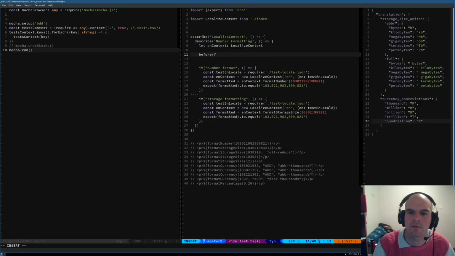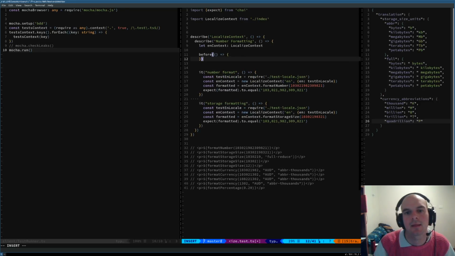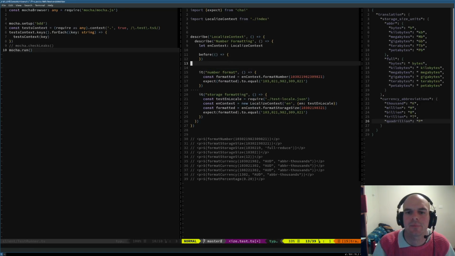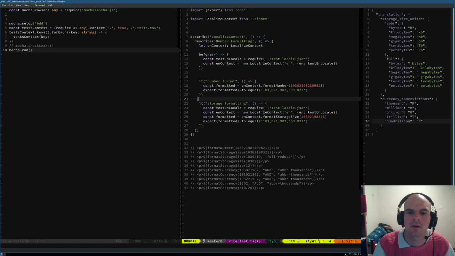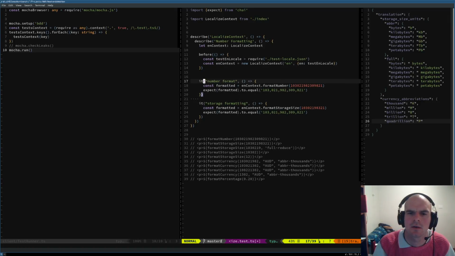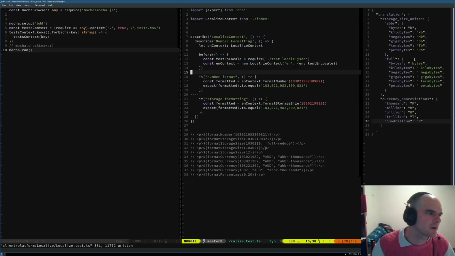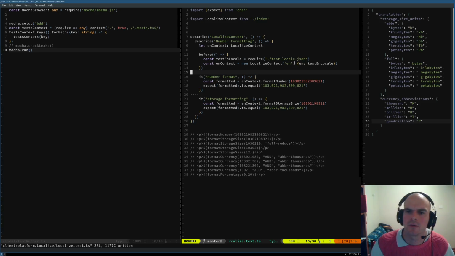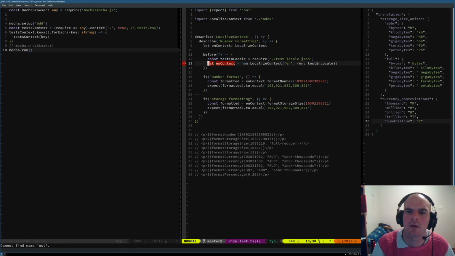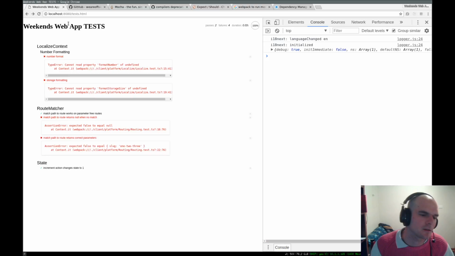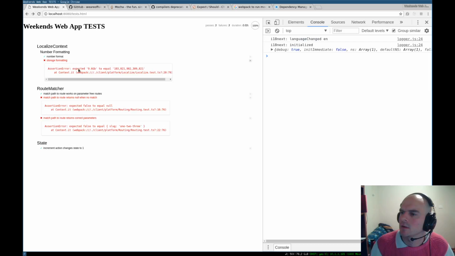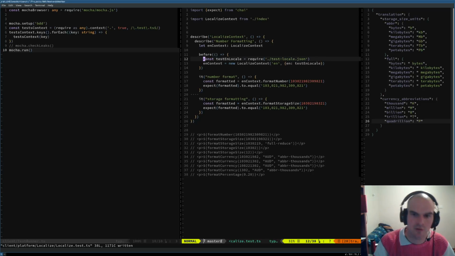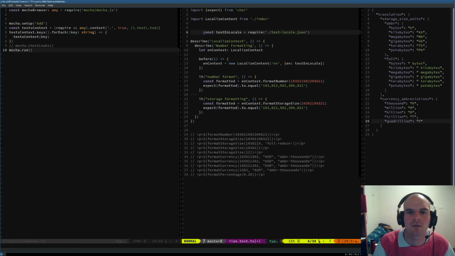we can do an arrow function. It's not a big deal. We can create the localization context, and that should be sufficient to keep us running there. Cannot read format number or something. Oh, we made a const here. We need to assign the const. That's better. There we go. And we can pull this require up to the top because it never changes.